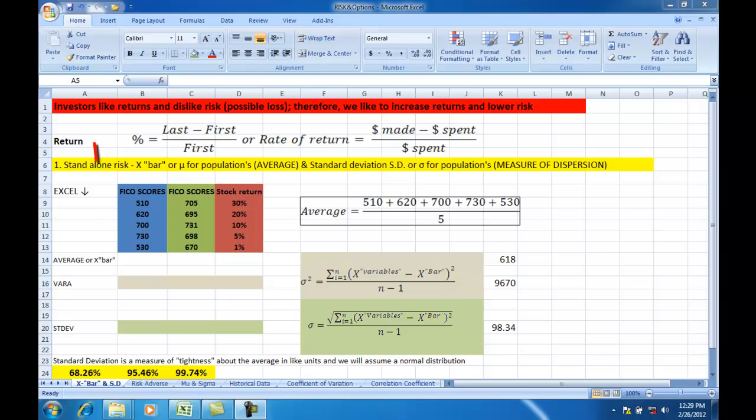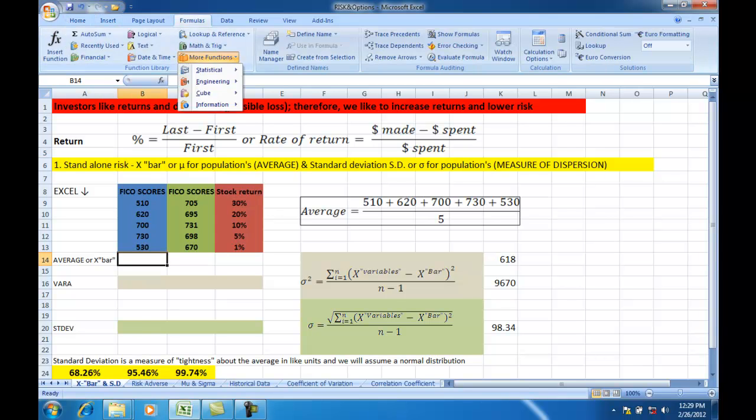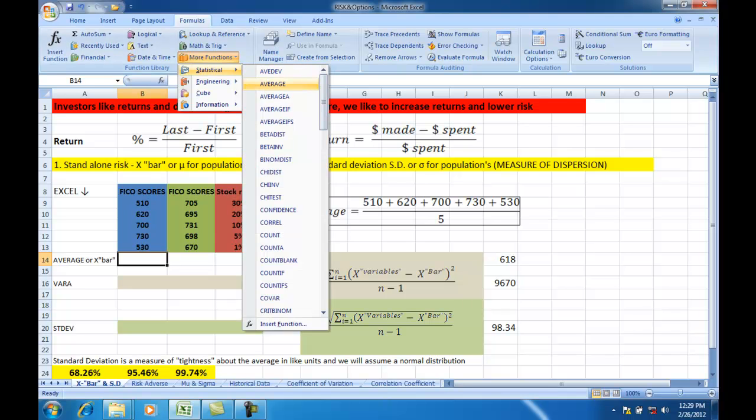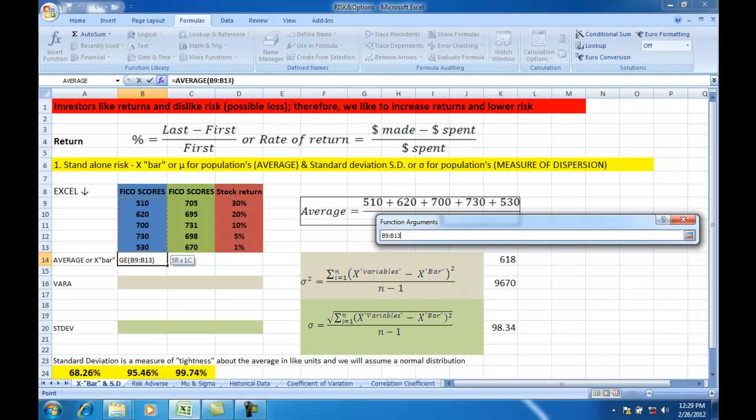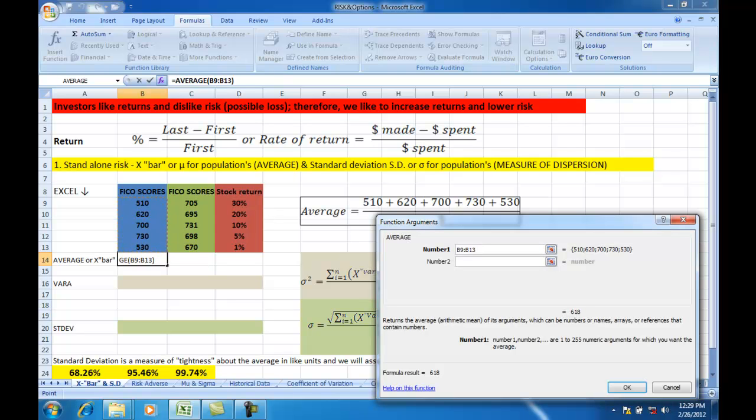On your computer screen, you should see three columns of data. The first two are FICO scores, credit scores, and the third is a stock return percentage. Now I'm going to go ahead and calculate its average, X-bar. I'm going to populate the cell right here and use statistics and find average. I'm going to grab these FICO scores here, and I can see the average is